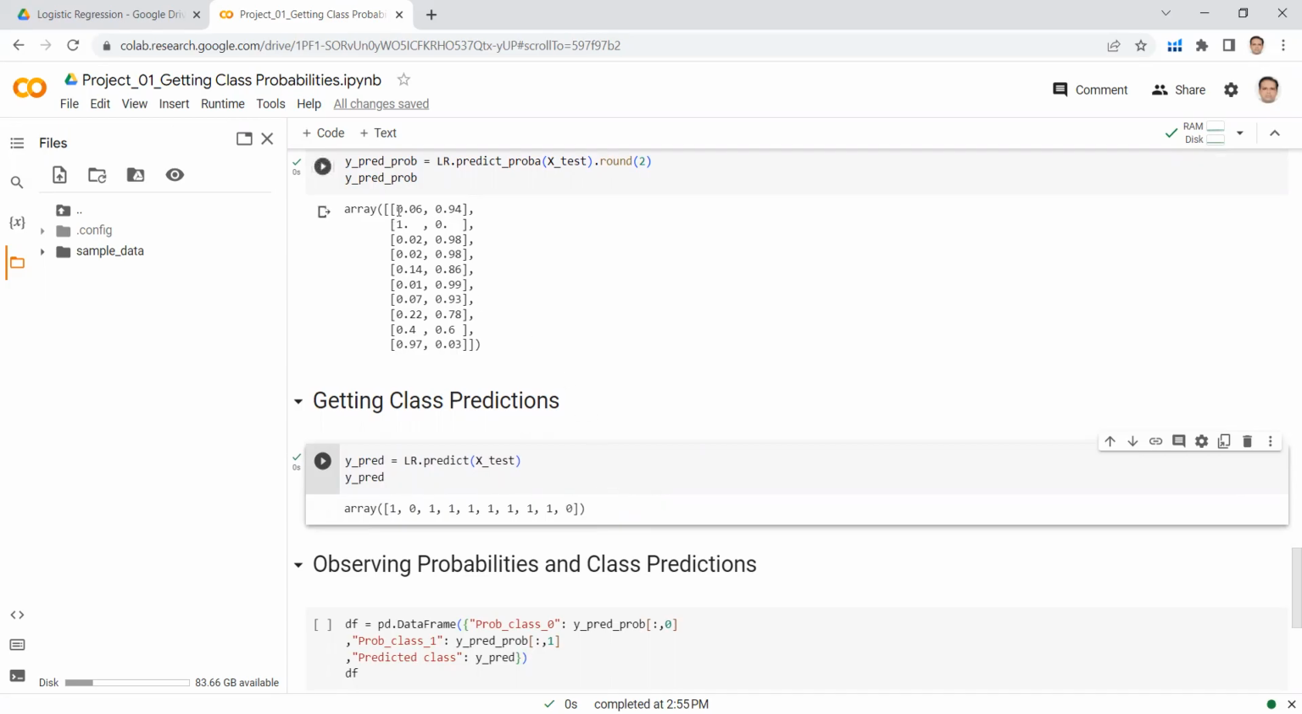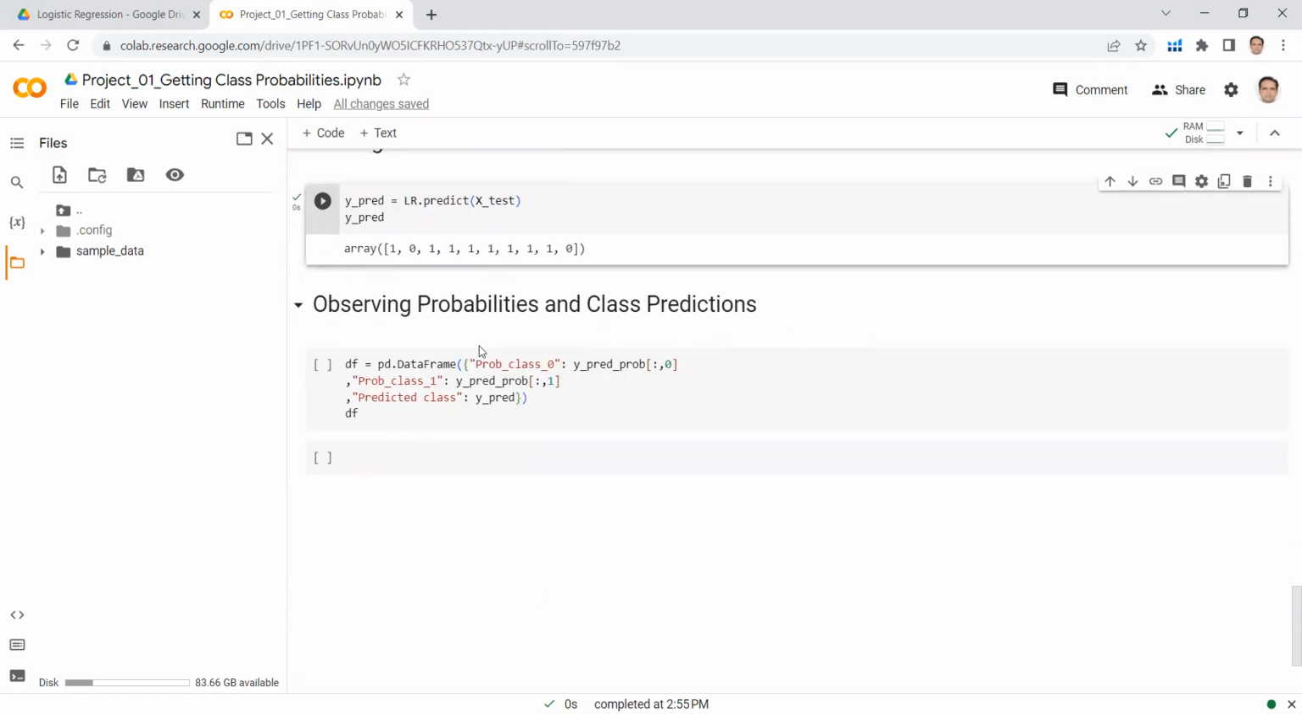So in the first column, we will have this value of the probability. In the second column, we will have this value of the probability. And in the third column, we will have the prediction, and then we will compare. So I am creating a table using